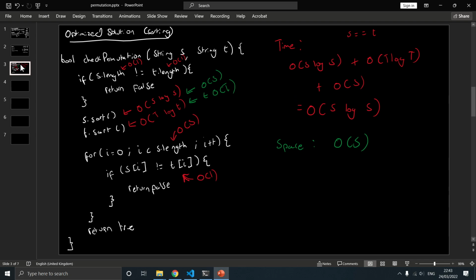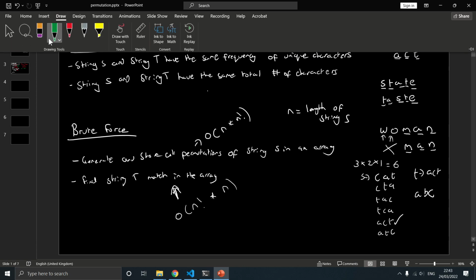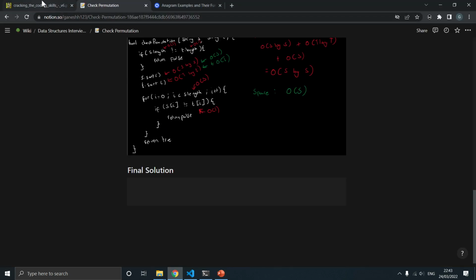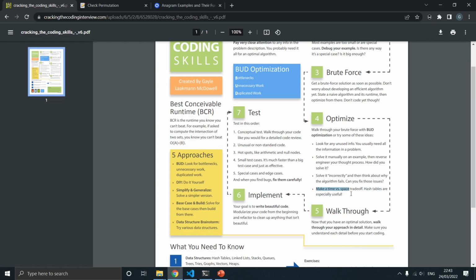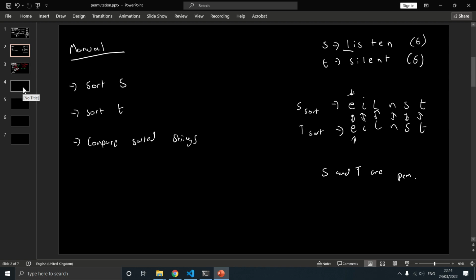So another way that we can do this is we can think more carefully about the first rule right here about having the same frequency of characters. And what we can do is make another optimization where we end up using a bit more space. What we can do essentially is store the number of each character that occurs. So I'll sort of show you with the same example. So if we had string s being listen, string t being silent,